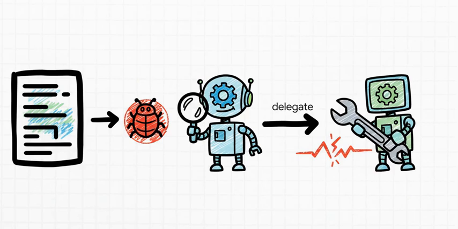And here's what that actually looks like. Imagine you've got a nasty bug. The first agent, let's call it the investigator, dives into the code, looks at the error messages, and figures out the root cause. That's its only job. Once it's done, it doesn't try to fix anything. No, it delegates the task to a second, specialized fixer agent. And this agent's only job is to write clean, targeted code to solve that one specific problem, and maybe even write a test so it doesn't happen again. See? It's a simple but really powerful division of labor.